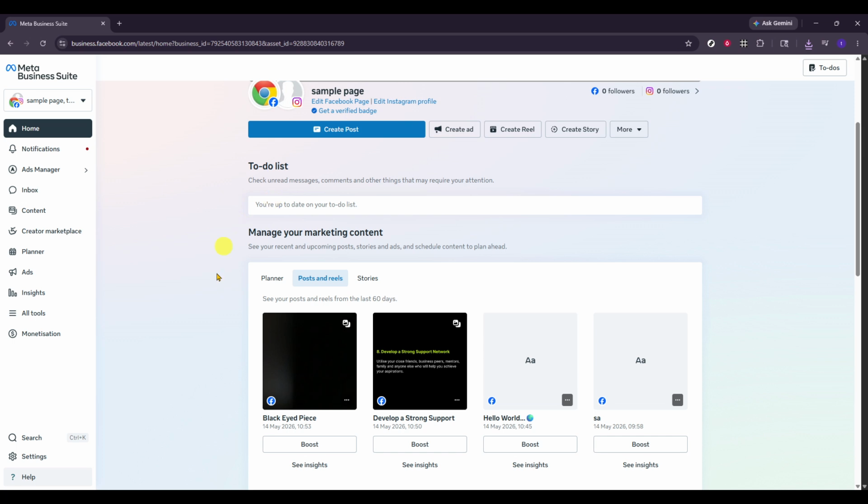First, open your browser and go to Meta Business Suite. This is the central hub where you manage your Facebook assets, including ads and billing. Make sure you're signed in to the correct profile and working inside the right business. If you have access to multiple businesses or ad accounts, double check you're in the one that's having the billing